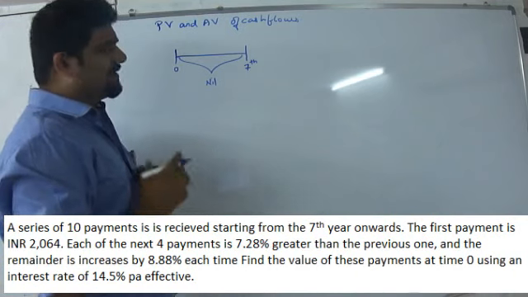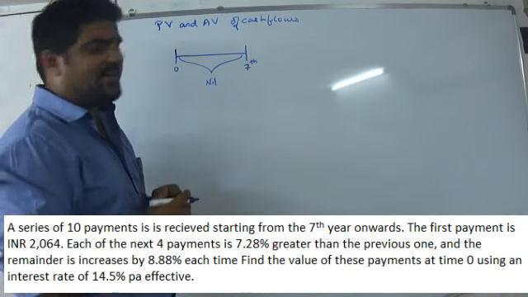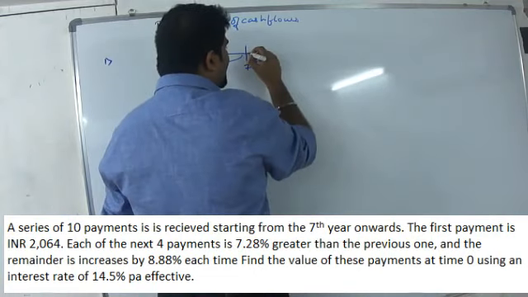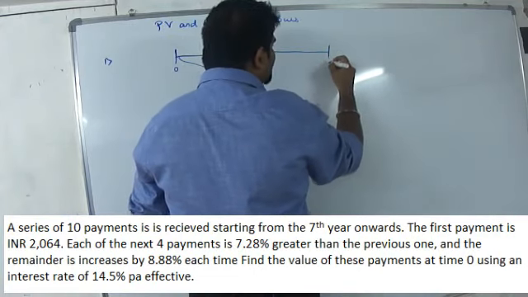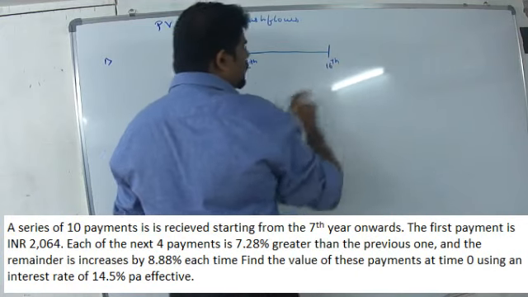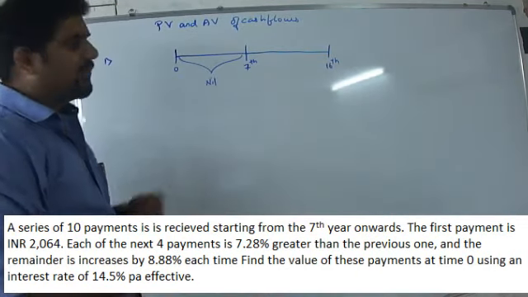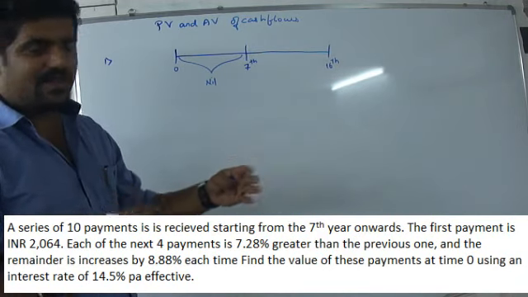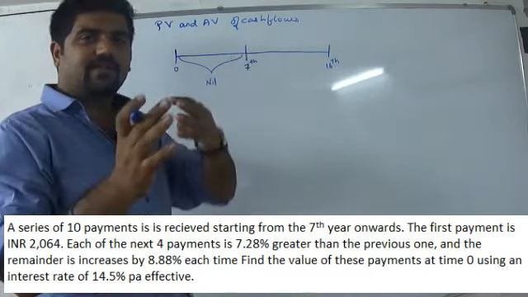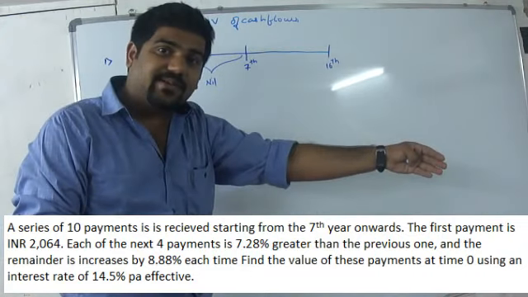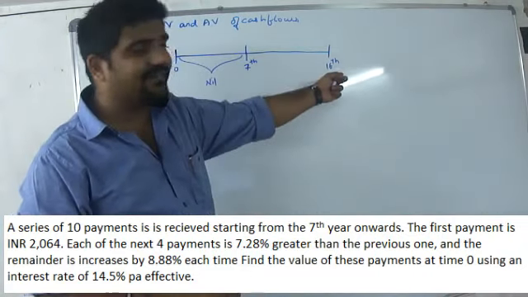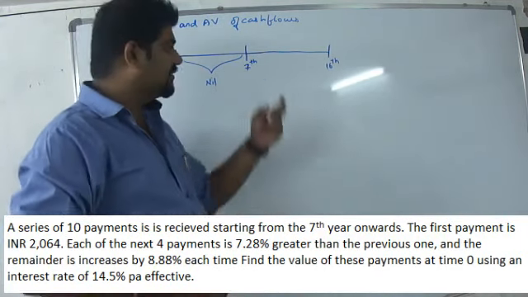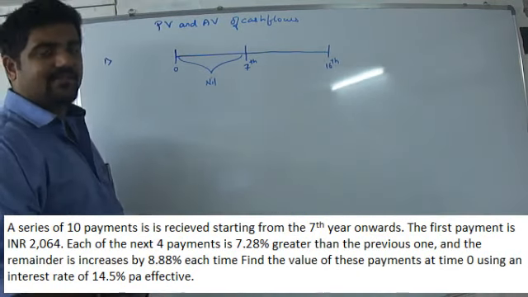Okay. So let's see. We have 10 payments, right? So 7th year, say 10 payments forward, what will it give me? It will give me up till 16th year. I hope you are understanding what I am saying. Because 7th year is included in the 10 years. If 7th year was not included, if it were written after 7 years the payment is starting, we would have had to go up till 17 years. Since the 7th year is included, if you count your 10 years, it will come till the 16th year.